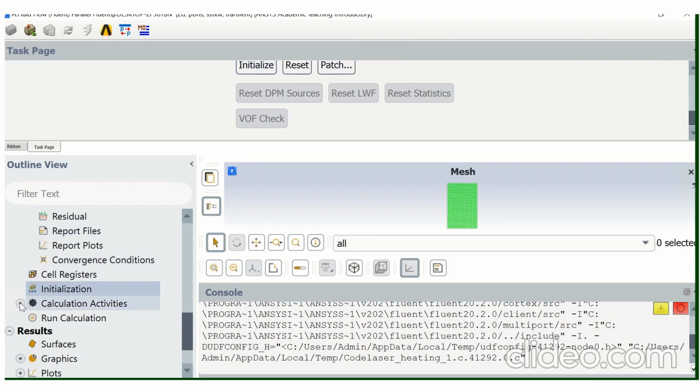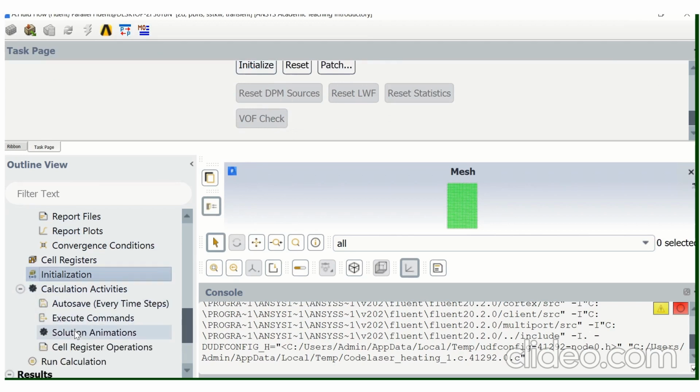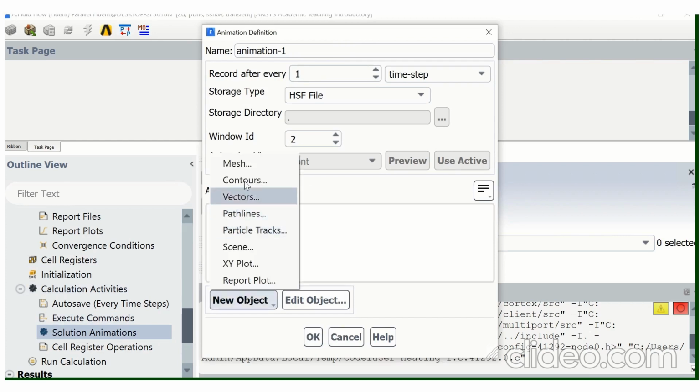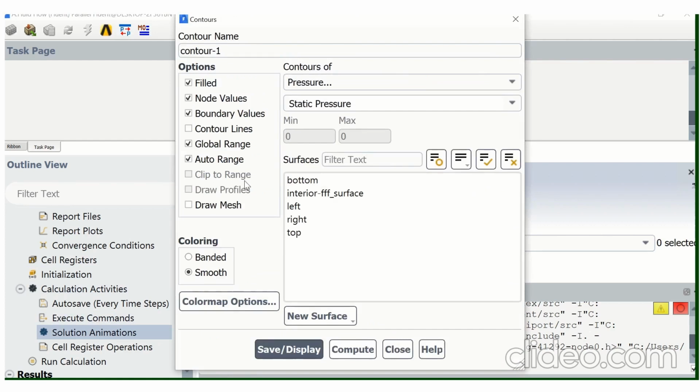Once you're done with this, you have to go to calculation activity, then go to the solution animation. Here you have to create one new object, which is contour, because we want our contour in our output video. So that's why we select contour over there.